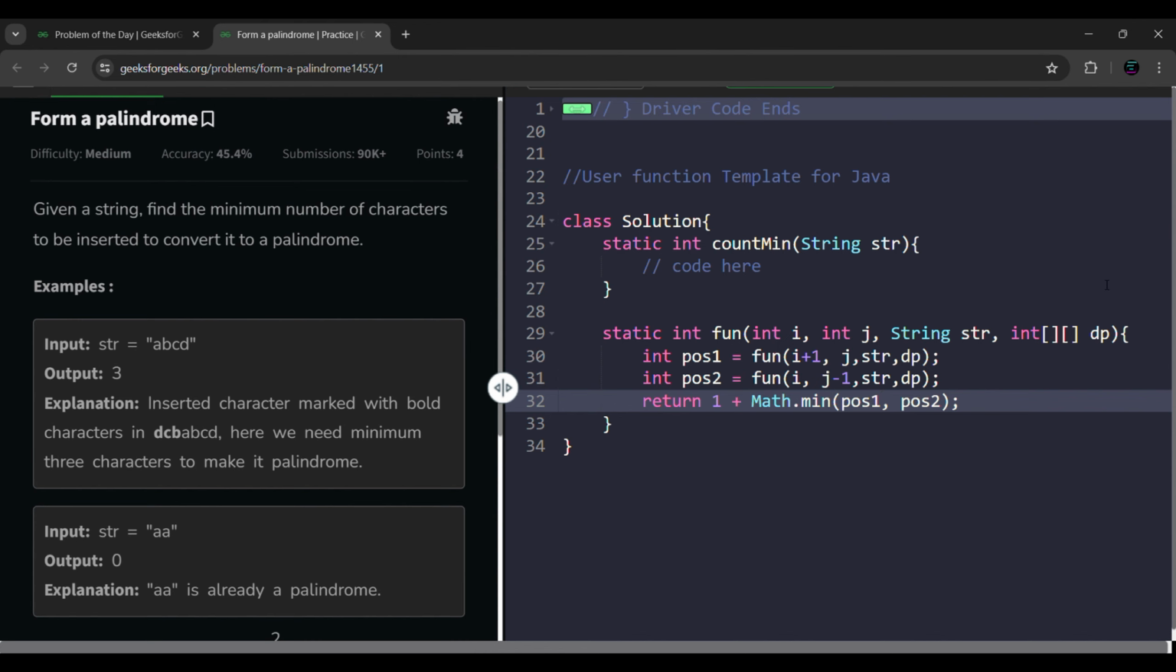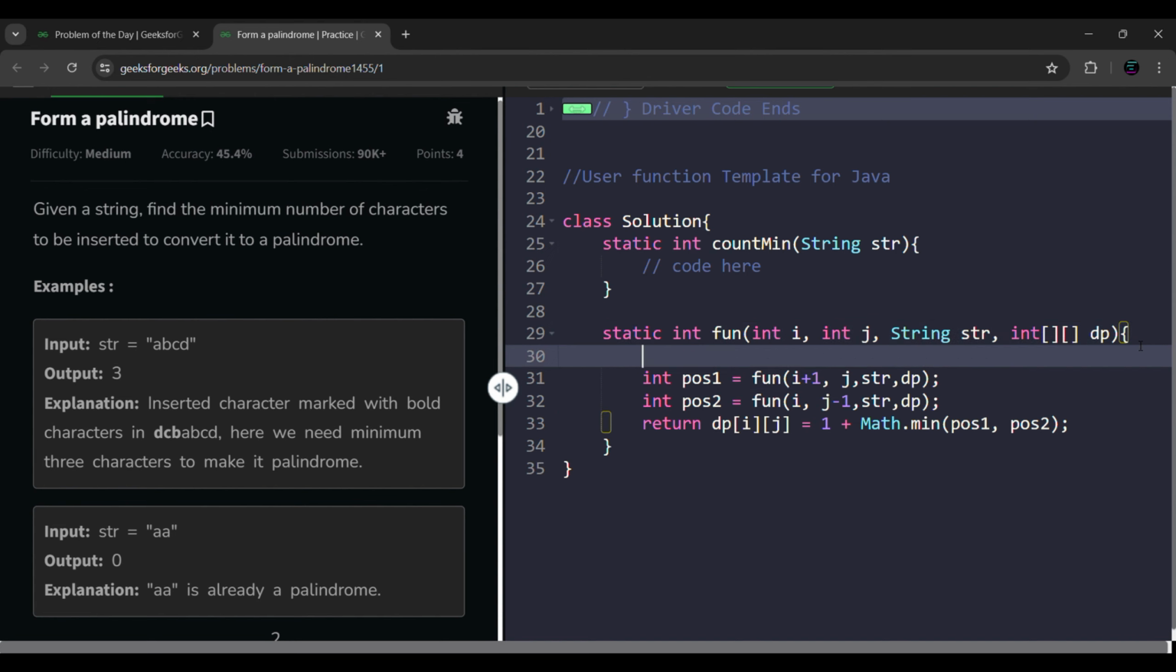Along with this, one thing is important, that we are using dp. As we have done this function call, we have to store it in our dp. So dp of i and j equals 1 plus the minimum of possibility 1 and possibility 2. Fine. Now, our question has not finished yet, because we have just seen a scenario where